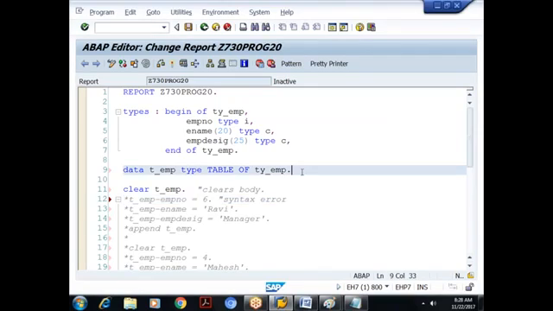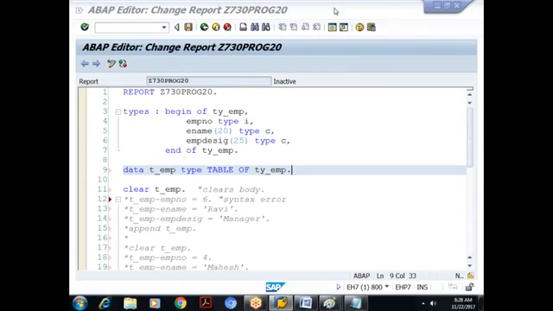Only declare a variable. Yes, it just declares a variable without any memory. Is it clear, Vikas? Yes. Thank you.